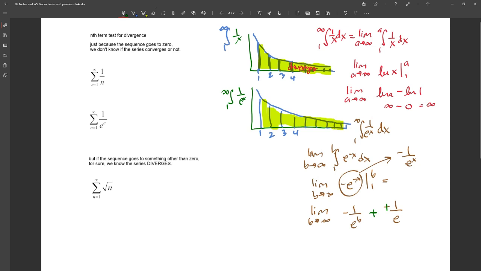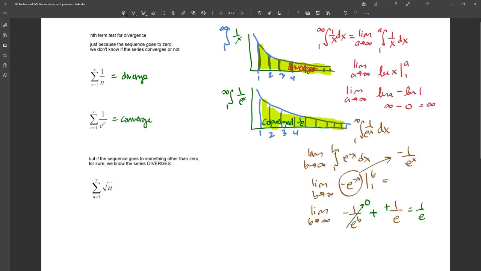If I put in infinity here, the bottom gets bigger and bigger and bigger. This will go to 0. This will just go to 1 over e. So this integral actually converged to 1 over e. This area under the curve here converges to 1 over e, which is kind of interesting. What that tells us is this right here is going to diverge, but this right here is going to converge,